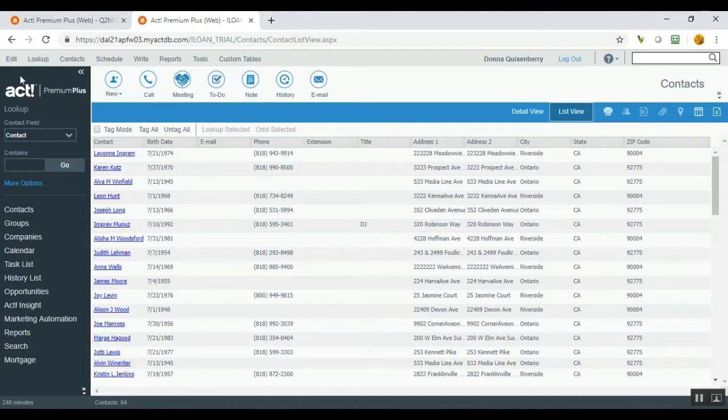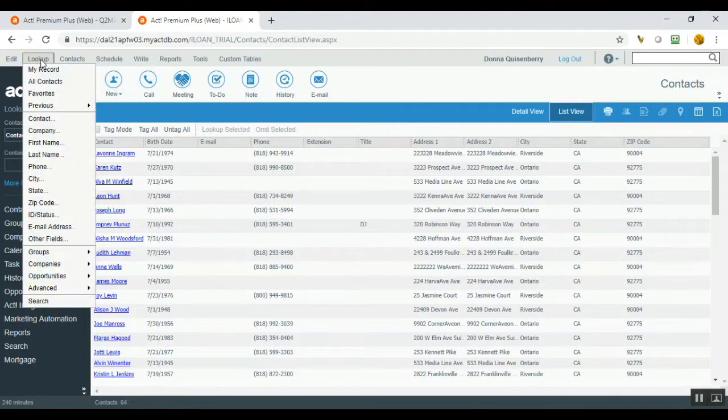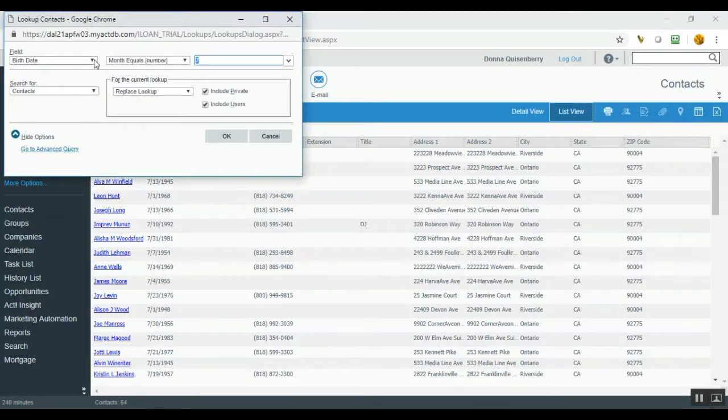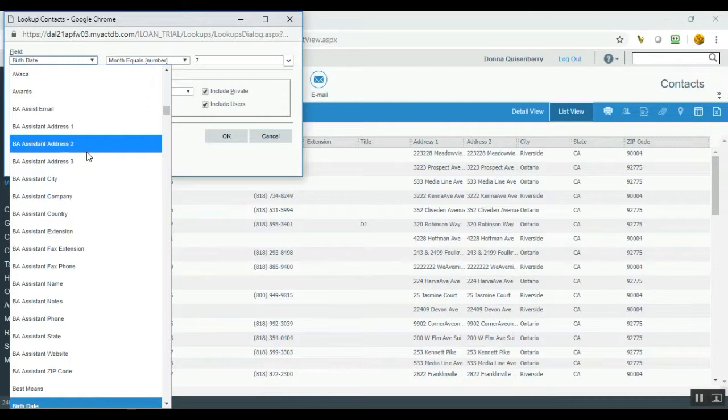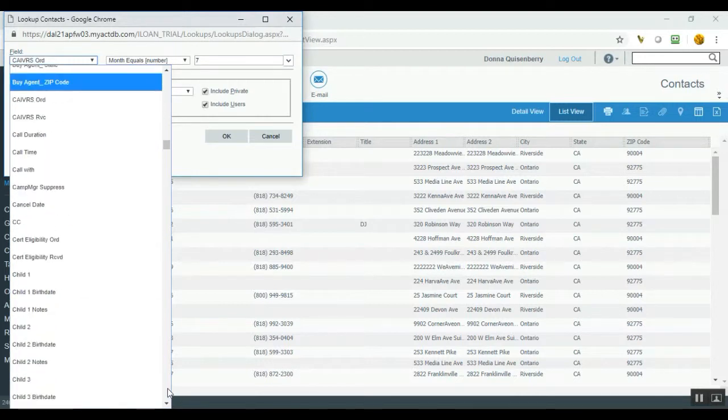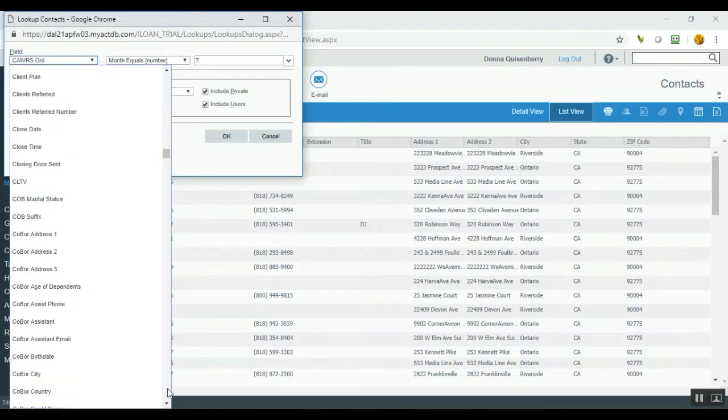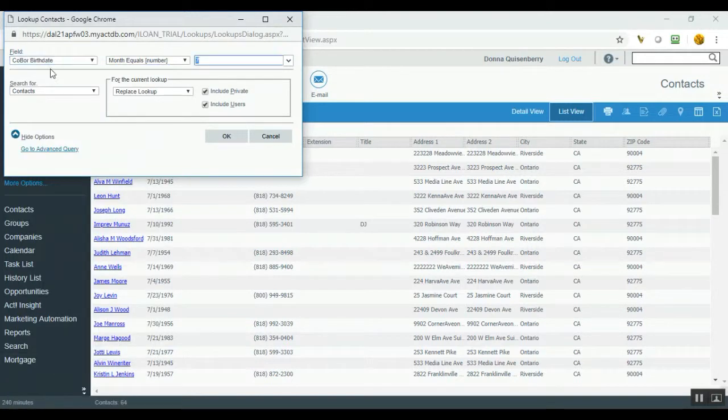The way that you would do that is now I go back to Lookup, I go back to Other Fields. In this case, it's called co-borrower birthday. So I type in the letter C to go find my co-borrower information. Co-borrower birth date, month equals 7. Very important, you do not hit OK here. Instead, you click the middle